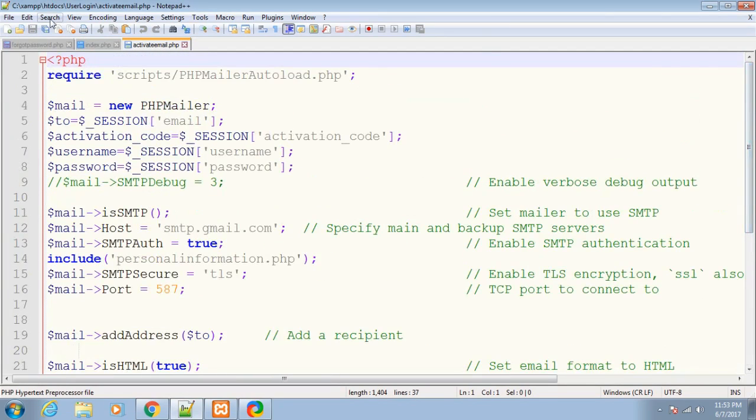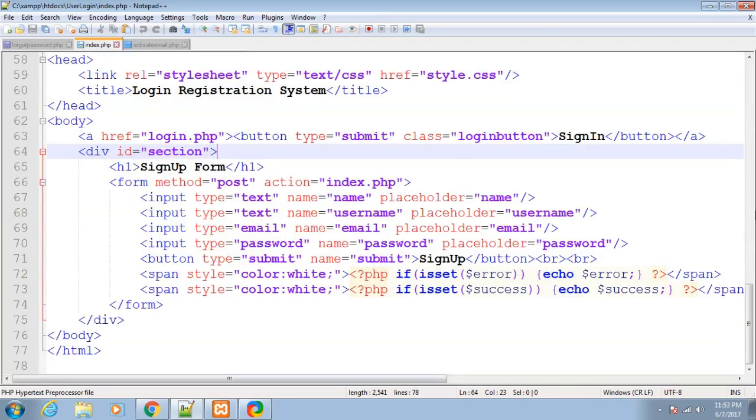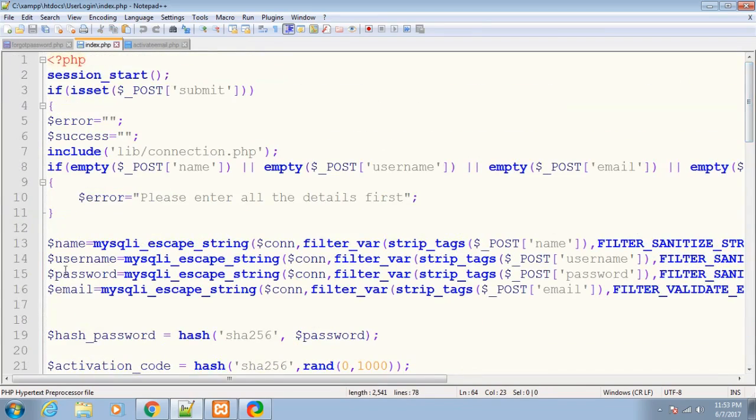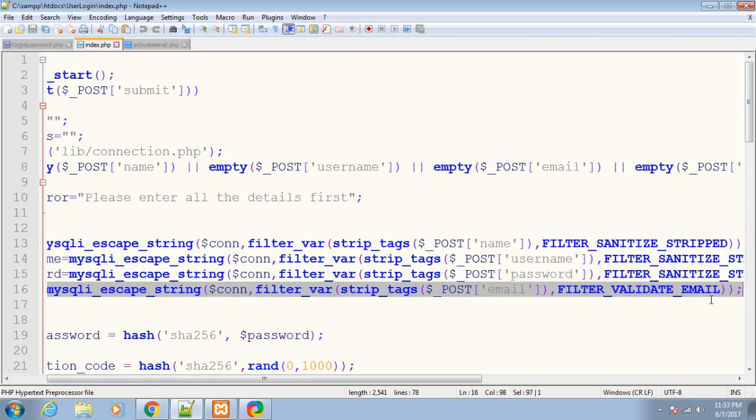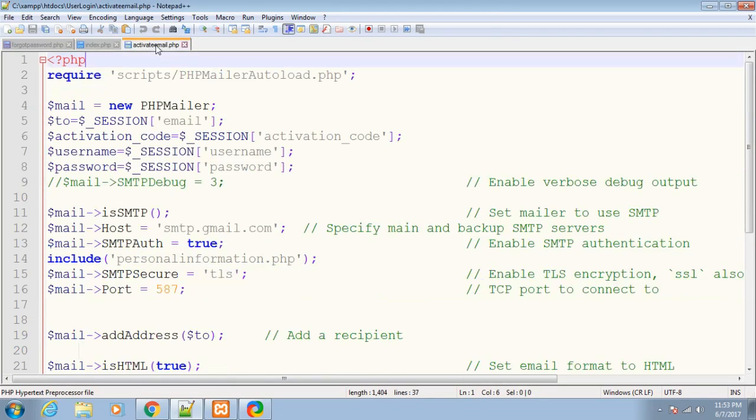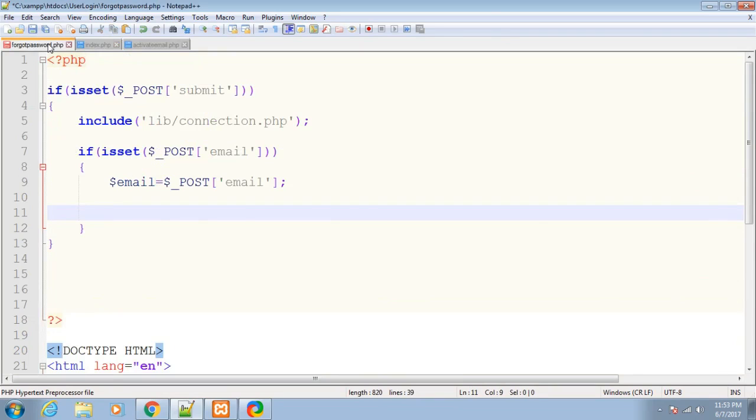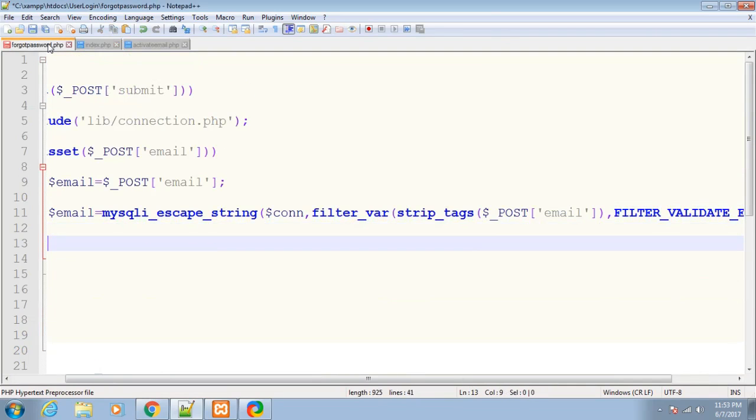In this, not this file, this index.php, I need to apply these three functions: mysqli real escape string, filter, and this. These are security functions. Paste. So after that,